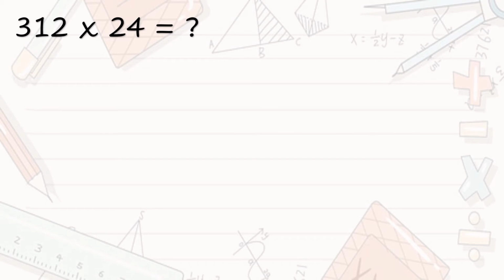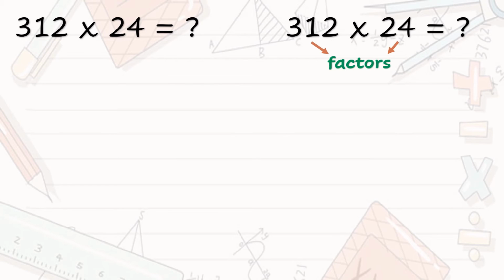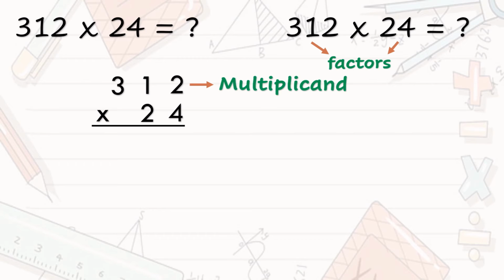312 times 24 is equal to what number? Let's start by identifying 312 and 24. We call them factors. Now let's write them in column. 312 times 24. 312 is called the multiplicand, and 24 is called the multiplier. 24 is called the multiplier because later we are going to multiply